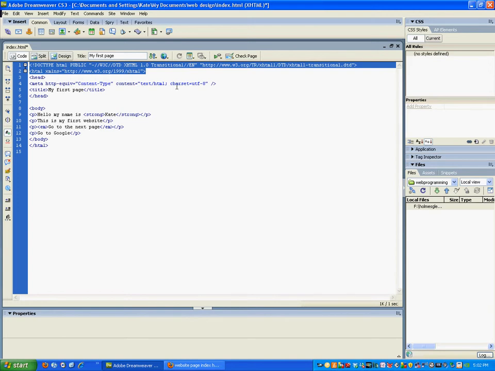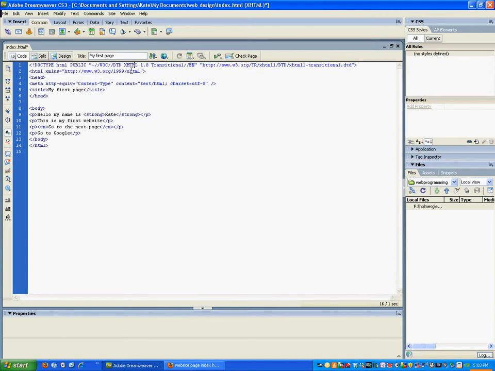But any of the newer ones are going to be designed for XHTML, which is the new standard. So just be aware that if you're wanting to work with XHTML, it's a little bit different from, say, HTML4. The biggest difference is that everything needs to be closed off. So you can see here I've got different tags. So my tag is something like